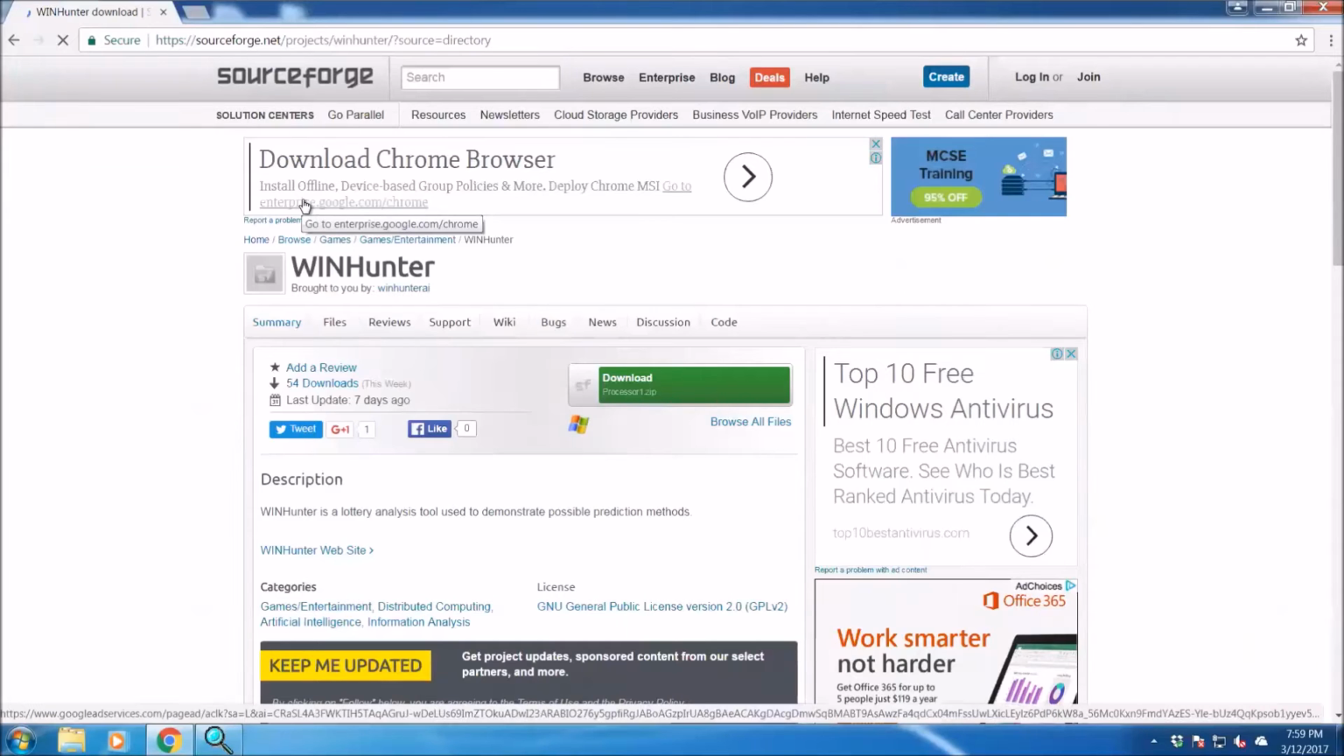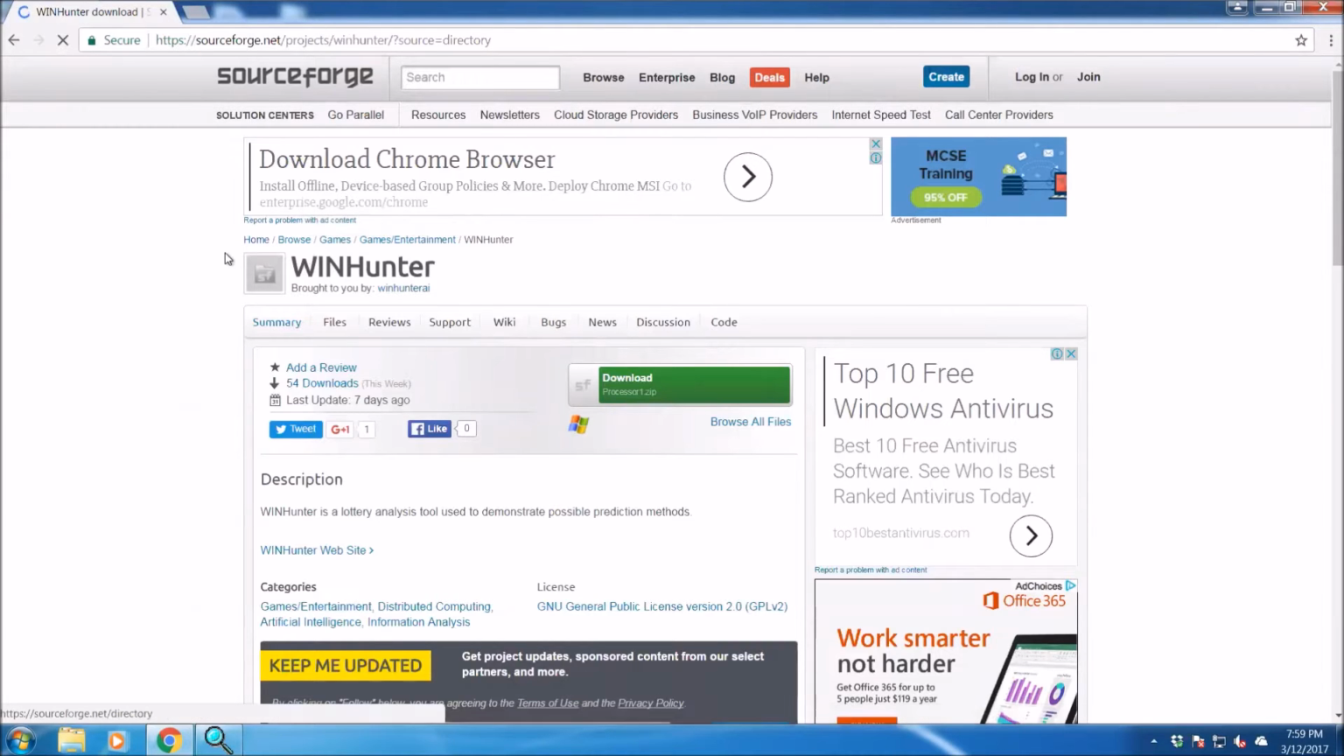Hi there, everyone. I thought I'd just show you how to download WinHunter and to use it. Okay, so first thing you need to know, finding it: if you go to your SourceForge website and you click on Files,